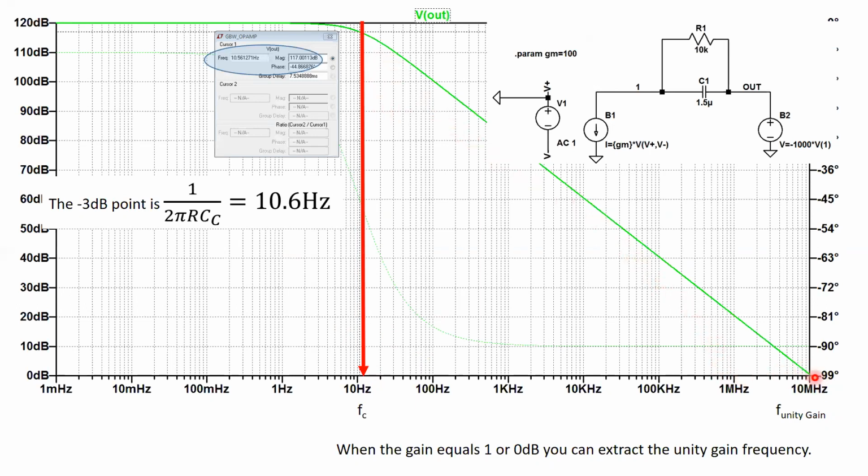At 0 dB, which in this case is 10 megahertz, causes 0 dB, right? That's our unity gain frequency, and that's actually what we call our gain bandwidth. Which you can look up on a data sheet. So when you look at the data sheet, you can come up with the gain bandwidth, right? And you know to stay away from that. Now, this minus 3 dB point, normally we don't care about it because